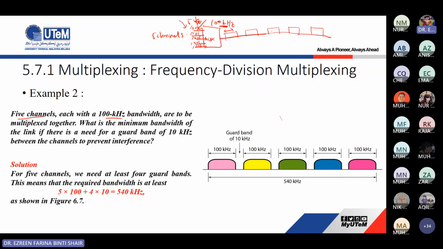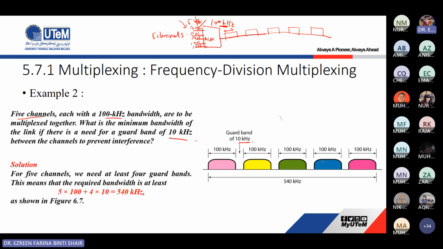And it already stated that you should have a guide band of 10 kilohertz. So by right, in between each frame here, you should have a guide band of 10 kilohertz. Okay, so in order to determine the minimum bandwidth, you just calculate 100 kilohertz plus 10 plus 100 plus